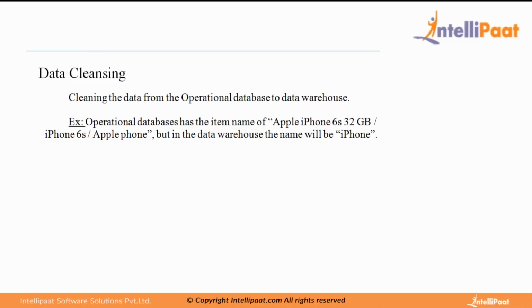While loading into the data warehouse, you want to clean it and load it in only one format: without a plus, without a hyphen, with the country code kept in a separate column and only the 10-digit phone number stored. So you have to do a substring, clean the hyphens and the plus symbols, and check whether a 10-digit number is there or not, and only then load it. This is known as data validation and data cleaning. You clean the data and then load it into the warehouse so that your warehouse doesn't contain junk data.